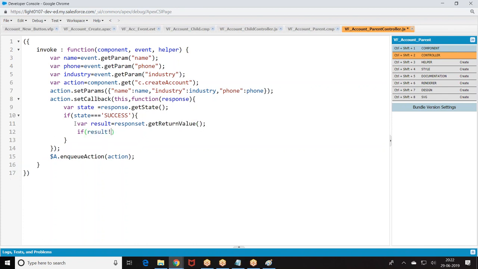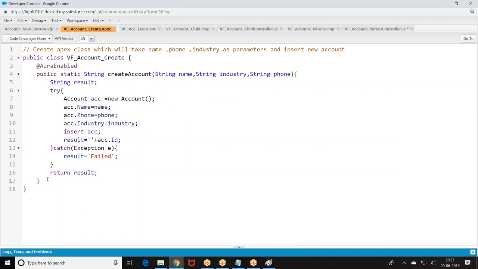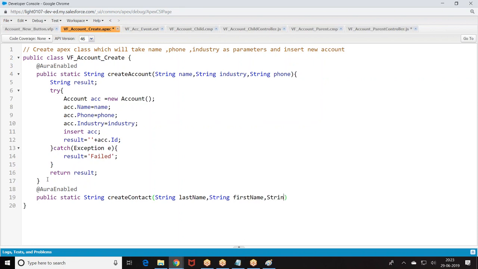Result equal to, if it is not equal to failed, then I have one more function here. After the account is created successfully, that account ID I am passing.